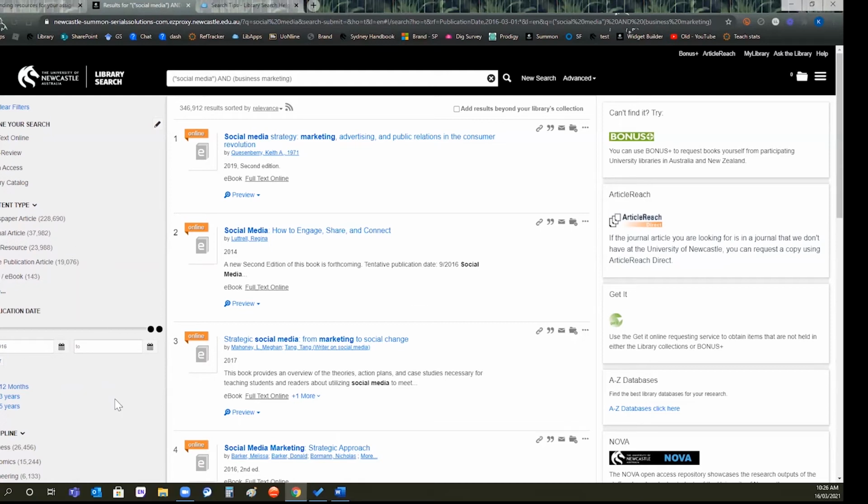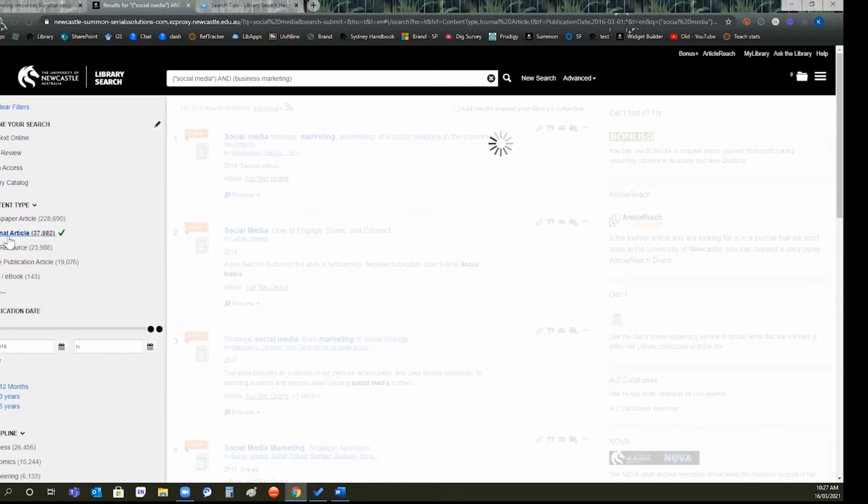When you're doing that first sweep in that cycle that we talked about, when you're gathering the information, books and ebooks can be really valuable for getting that broad picture, you know, topic level understanding of topics. And then you might want to, in the next sweep that you do with your more refined search terms, start drilling down to things like journal articles. So if I click on journal articles here,